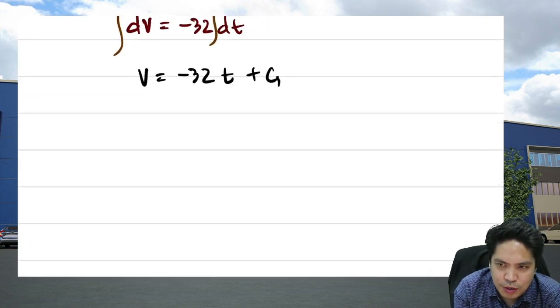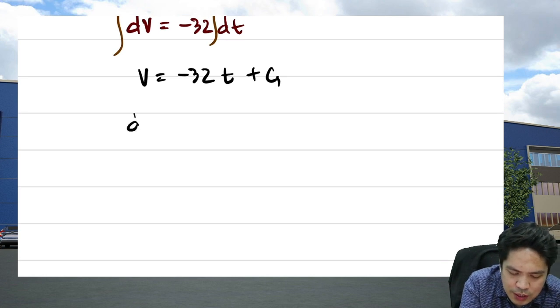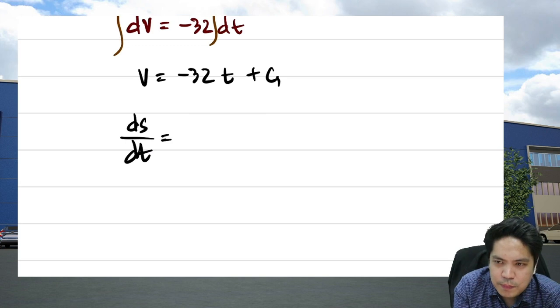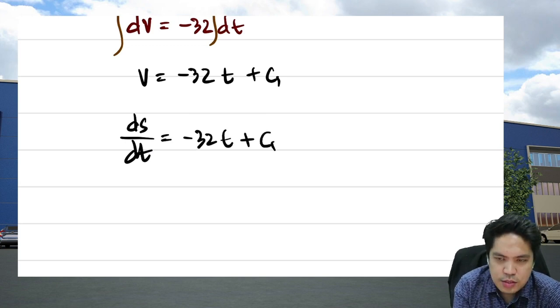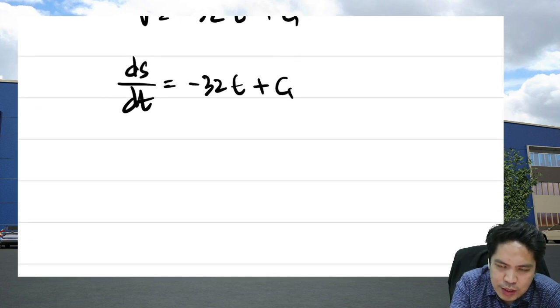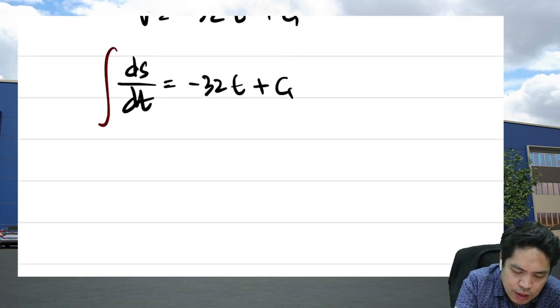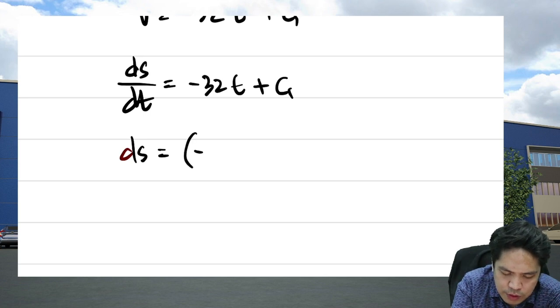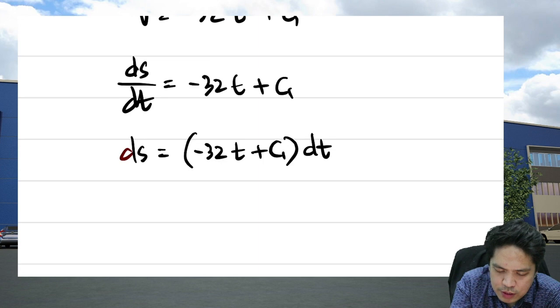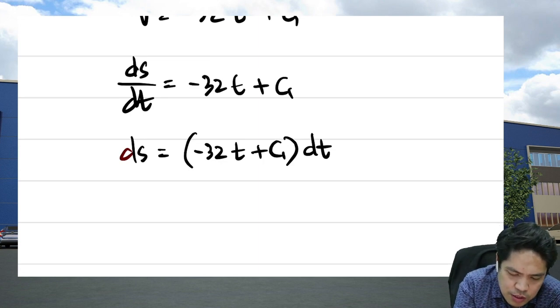But wait, there's more. We know that velocity is the derivative of distance with respect to time. So ds/dt is equal to negative 32t plus c1. Now, if we take the integral of both sides again, I rewrite this as ds is equal to negative 32t plus c1 dt. Then if I integrate both sides,